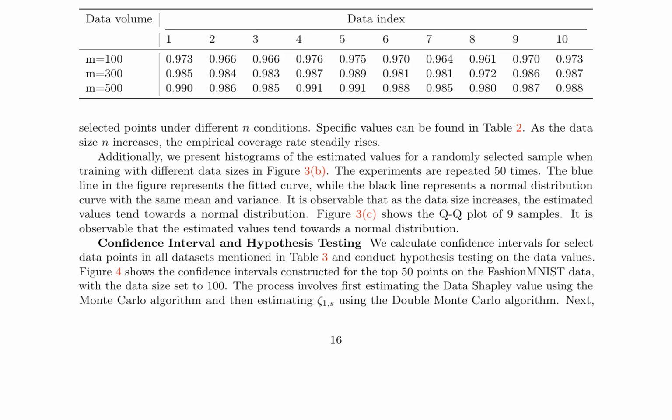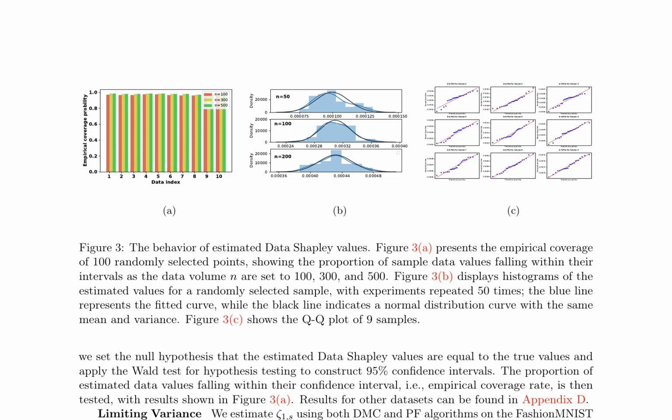for model interpretability. The results of experiments conducted to evaluate the performance of Data Shapley values in quantifying data valuation uncertainty are presented. Figure 3a illustrates the empirical coverage probability for 100 randomly selected points, demonstrating how the proportion of sample data values falling within their intervals changes as the data volume, n, increases to 100, 300, and 500. This figure suggests that the empirical coverage rate improves with an increase in data volume, indicating better accuracy in estimating